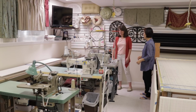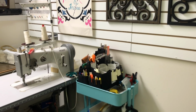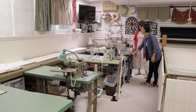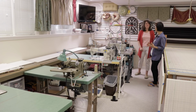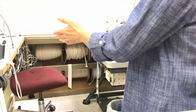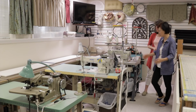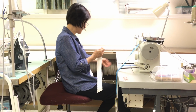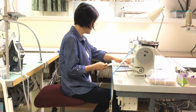Right. So I've got a walking foot machine here. And I have a Brother direct drive machine. This machine, I actually bought it from CHF when they were closing. The shelf right here, I put all the cording underneath the shelf for my storage. When I'm sewing them, I pull them out directly from there,